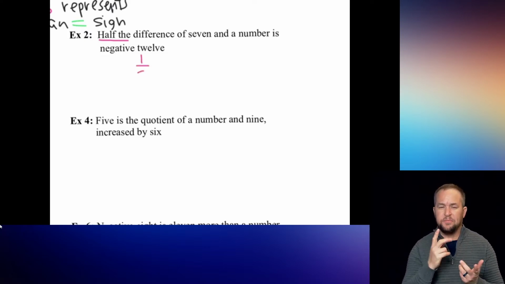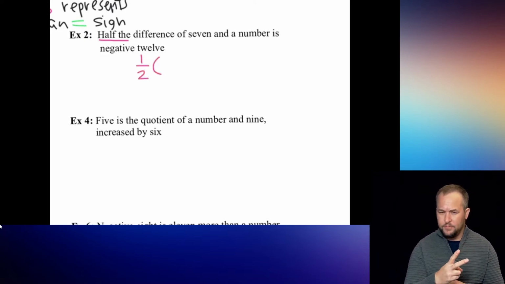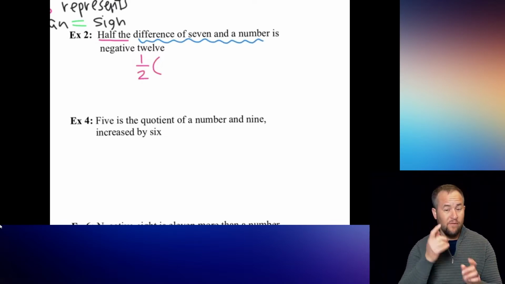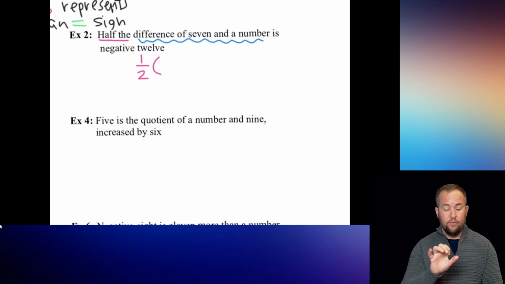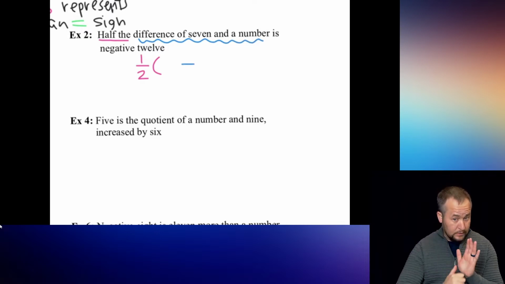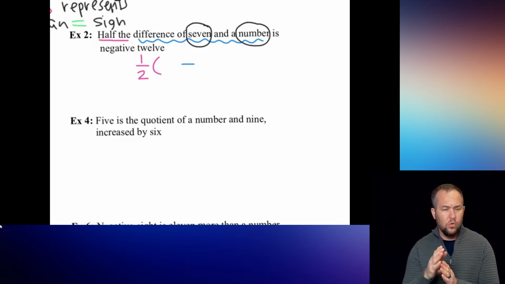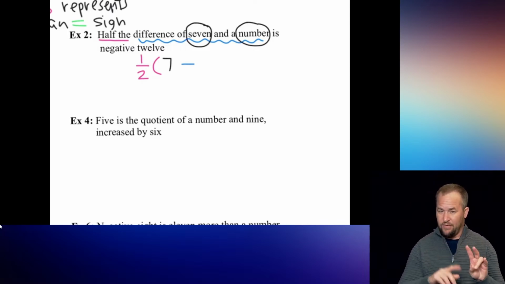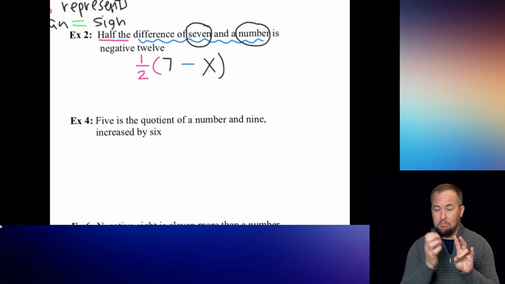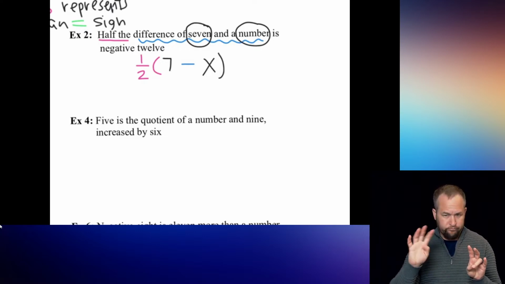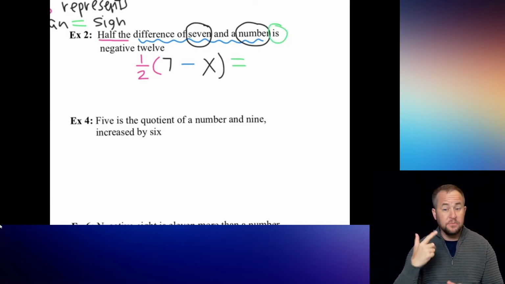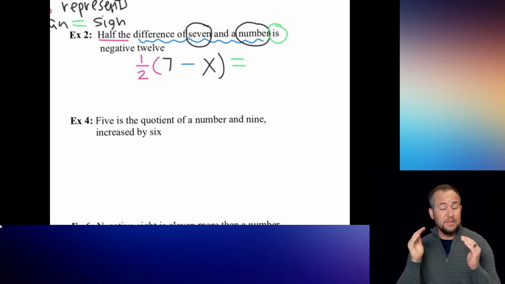So half of, and then what I have next is the difference of 7 and a number. So I know from up above and also just from before that difference means that I'm subtracting. Remember, you always have to do this in order. So 7 and then a number. Because that 7 comes first, it needs to be 7 minus that number. And remember back to that is represents the equal sign, and then my final item that I have right here